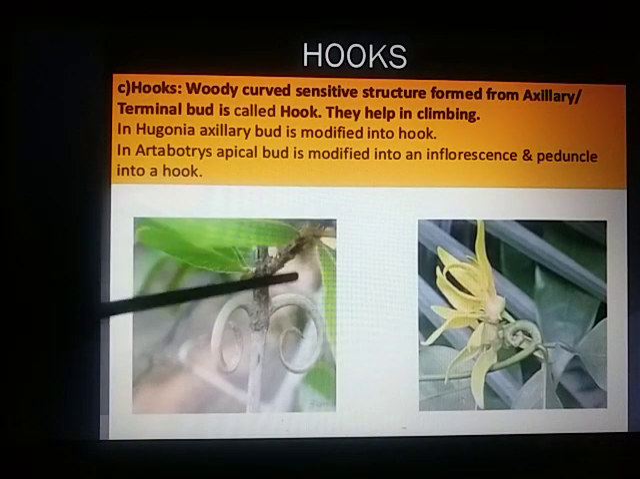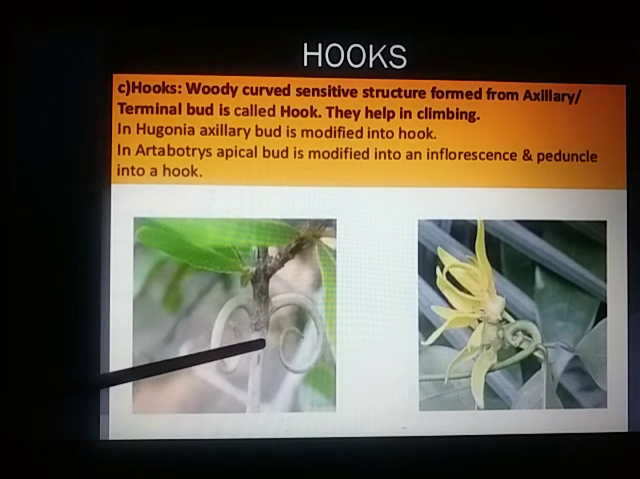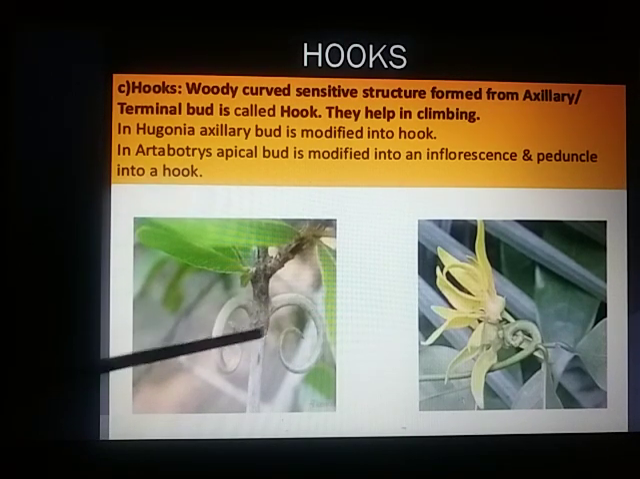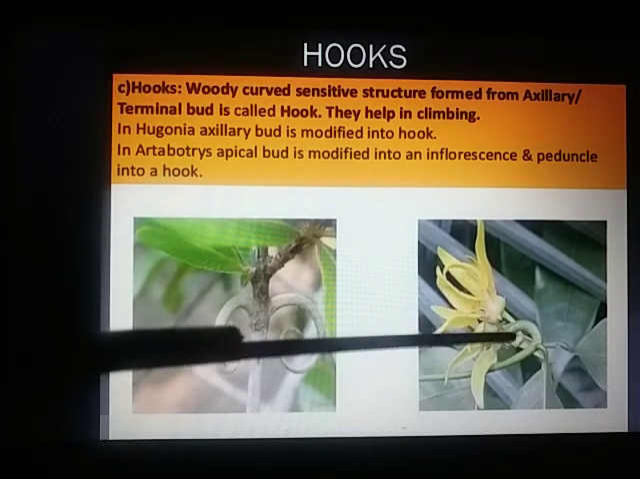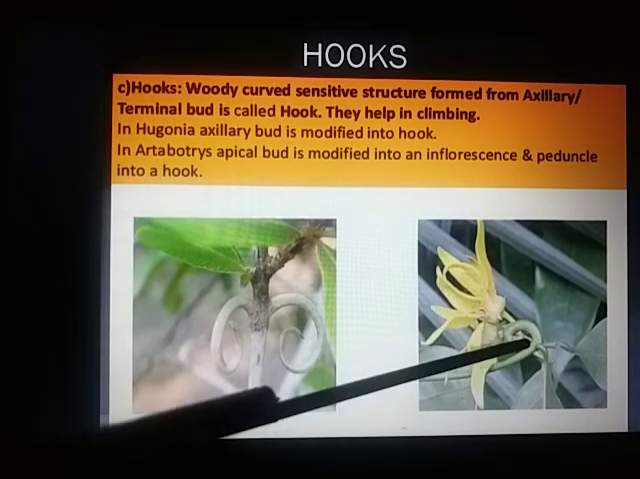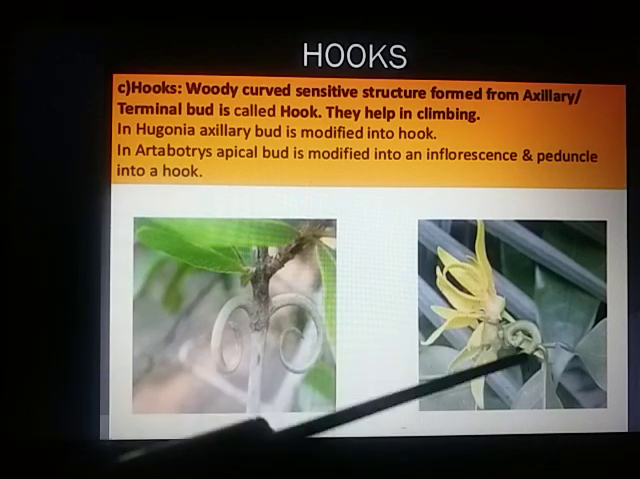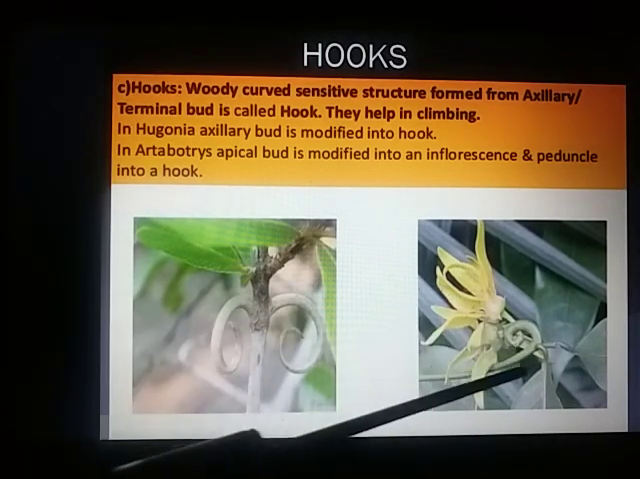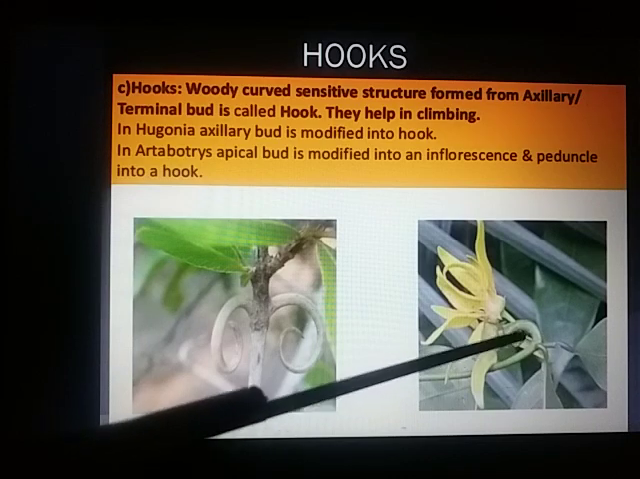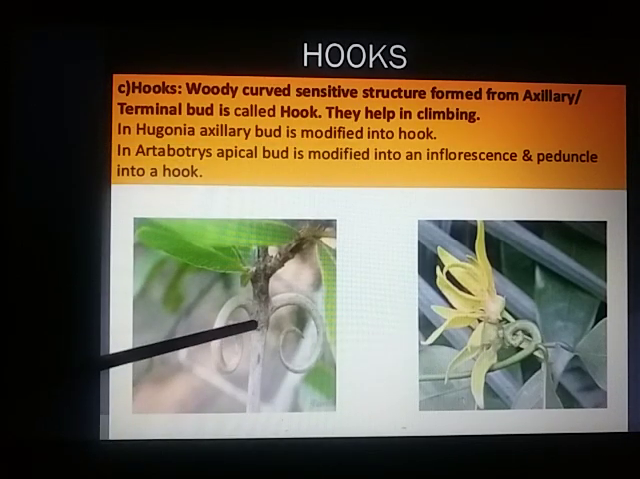Now hook. What is a hook? Hook is a hard curved structure that helps in climbing. Here we are watching it in the case of Hugonia, the axillary buds modifying into hook. In the case of Artabotrys, the terminal bud is modifying into hook. And this hook is a peduncle that bears the flowers. So the terminal bud modifying into a hook-like structure in the case of Artabotrys, axillary bud in the case of